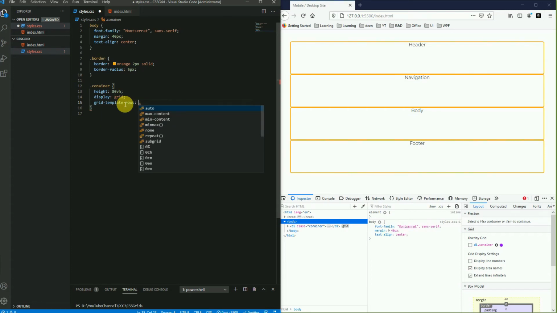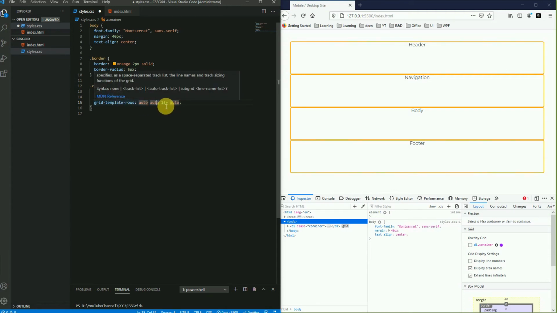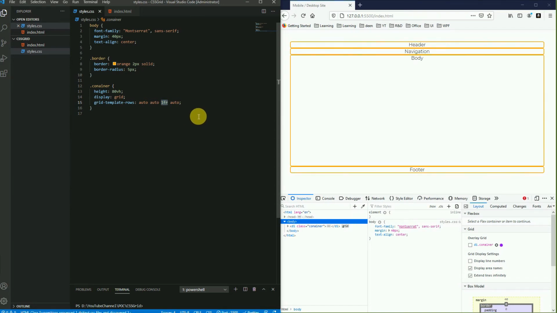In this property we have to set auto for the first row, auto for the second row, navigation. 1fr means a fractional unit, it will contain all the remaining space, which will be actually, 3 rows consume the auto, and all the remaining space will be assigned to this 1fr. So I am going to save this. Now you can see actually the structure is much better now. It appears as we have seen in our requirement.